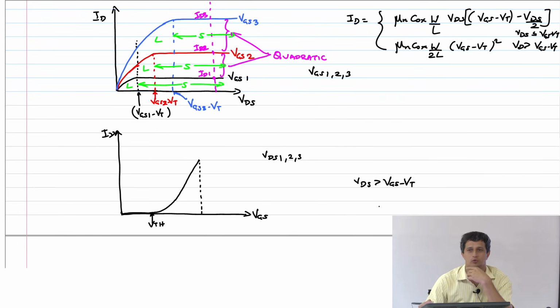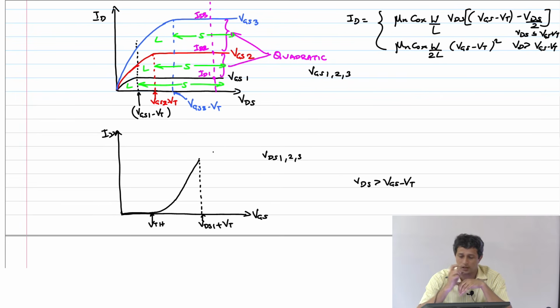Now I am sweeping VGS. At some point VGS will reach a point where the transistor goes into linear region. So what VGS is that? VDS, exactly. So this is VDS1 plus VT. After that,